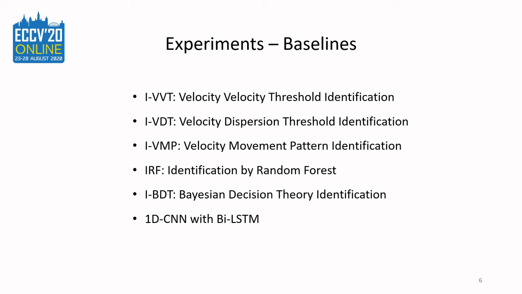Among these 6 baselines, 3 of them are threshold-based methods, while the others are learning-based. For the threshold-based methods, all the threshold values are optimized for different subject recordings in our experiments for comparison. For the other methods, we split the dataset recordings into training and testing splits. Among 11 recordings, 3 subject recordings are used for testing. Specifically for 1D CNN, we take the pre-trained model and fine-tune it on the training split of this dataset.